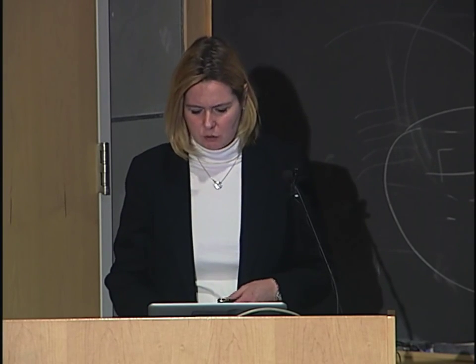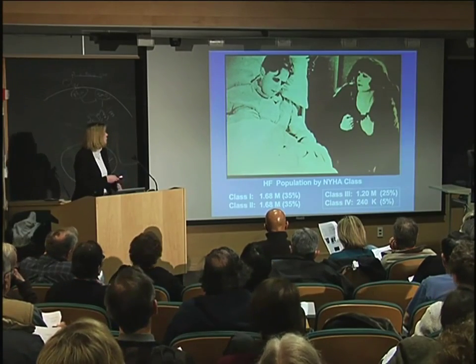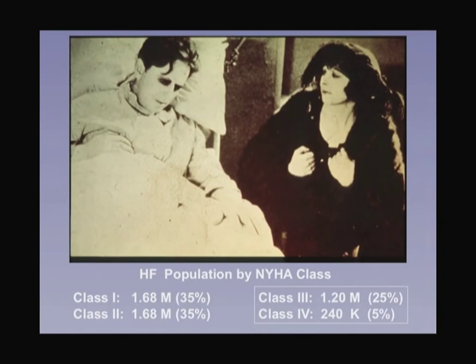So this slide is an old picture showing a patient with severe heart failure in bed, and this lady at the bedside is clutching her chest and she's just struggling because there's nothing she can do for this patient. And we now have all these medicines, and the survival has improved significantly. The symptoms have improved significantly with heart failure, but I just want to point out we're still not quite there with the medicines,